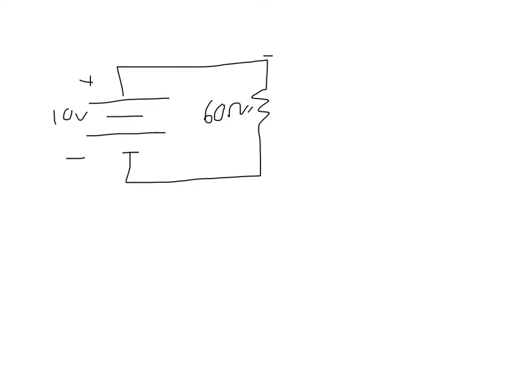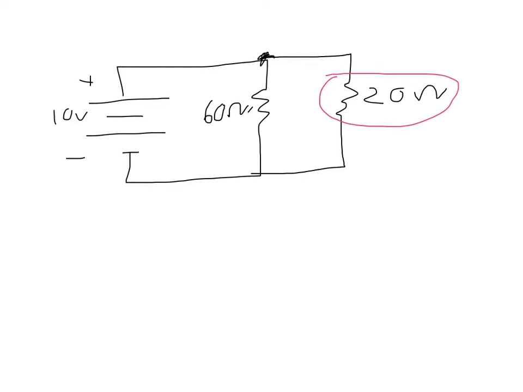And I have now my 20 ohm resistor in parallel with a 60 ohm. Remembering that this 20 ohm resistor is really the 15 ohms and the 5 ohms in series, but that simplifies